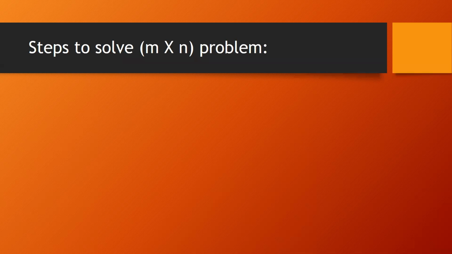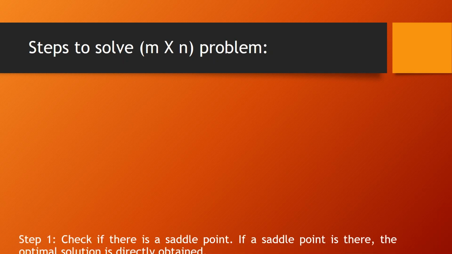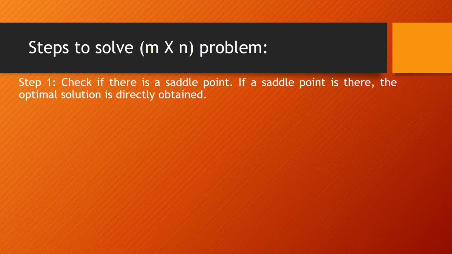If you do not have a saddle point and it is not a 2 by 2 matrix, then you have to go ahead and use the principle of dominance to solve the problem. So first thing, check if there is a saddle point. If a saddle point is there, then the optimum solution is directly obtained. It will be a pure strategy game. You need not go ahead from this. But if the problem does not have a saddle point and we need to reduce this into a 2 by 2 size,